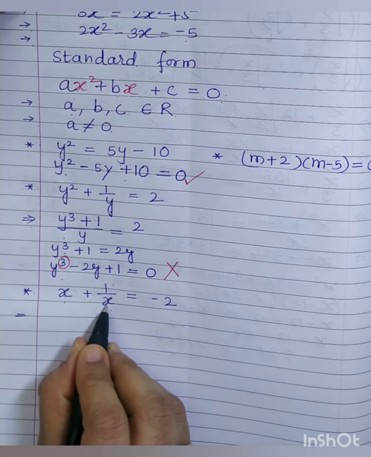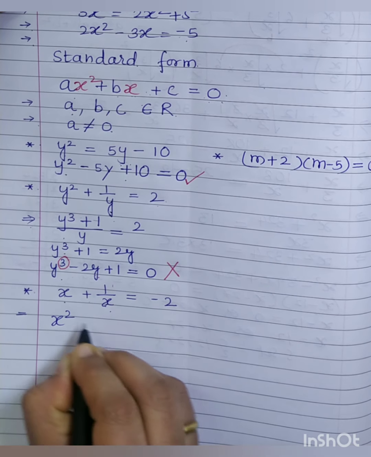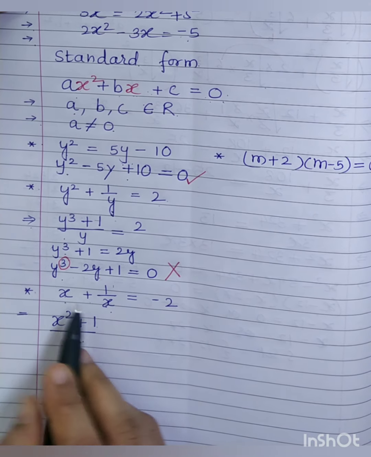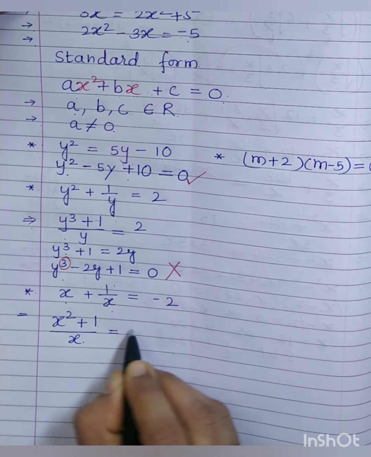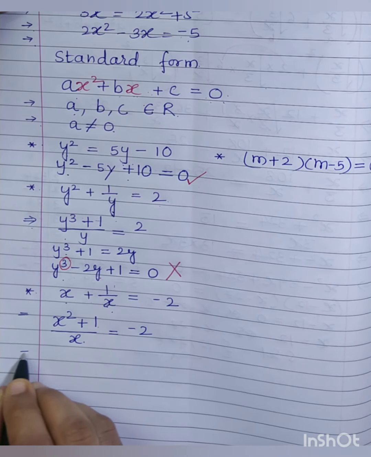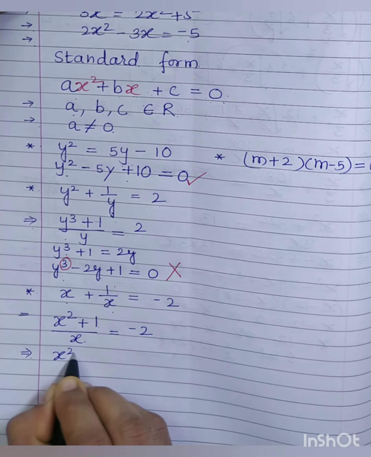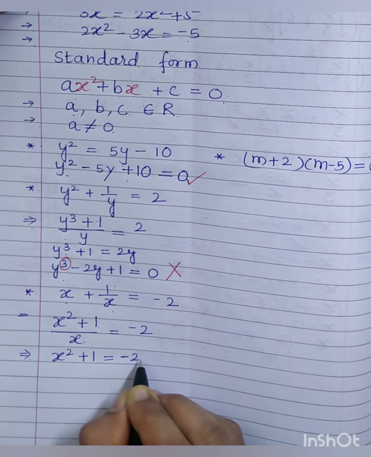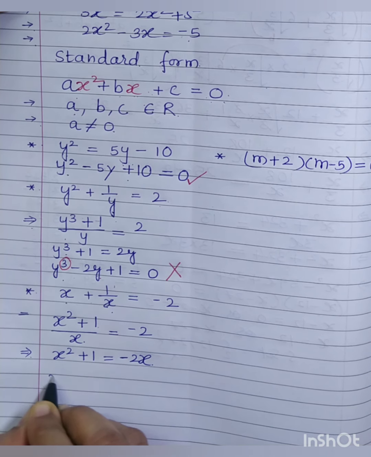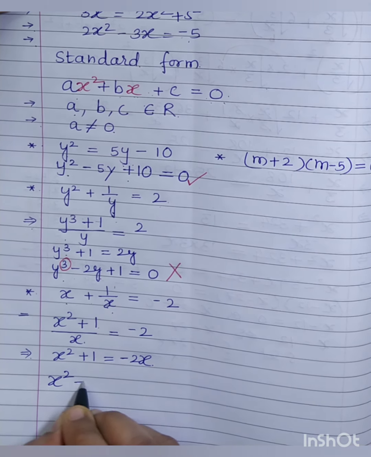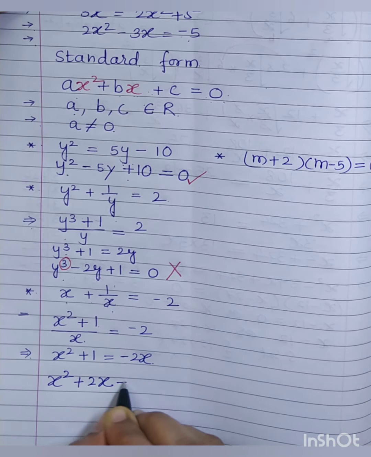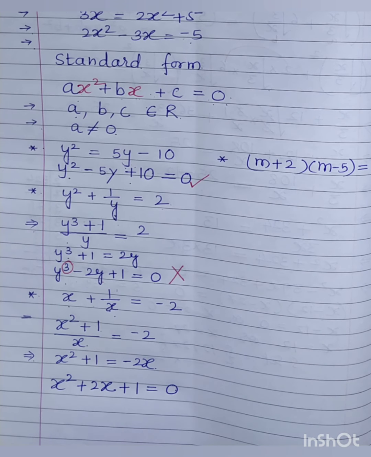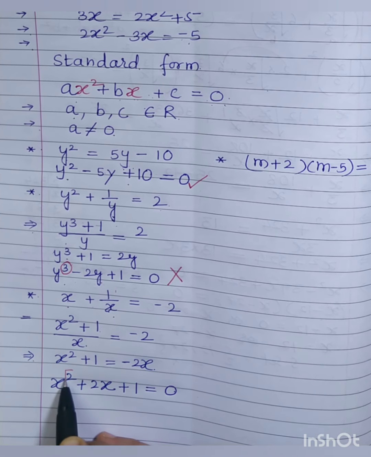On simplifying again, what you will have is x into (x square plus 1) whole upon x equals minus 2. I hope you all are understanding the concept of LCM here. So what you further have here, x square plus 1 is equal to, this x goes and multiplies that side, it becomes minus 2x, which further you write x square brought here plus 2x plus 1 is equal to 0. Check out again, only one variable and the highest power is 2.